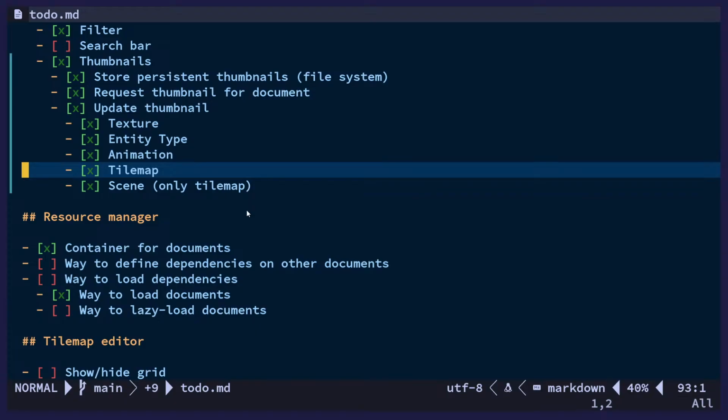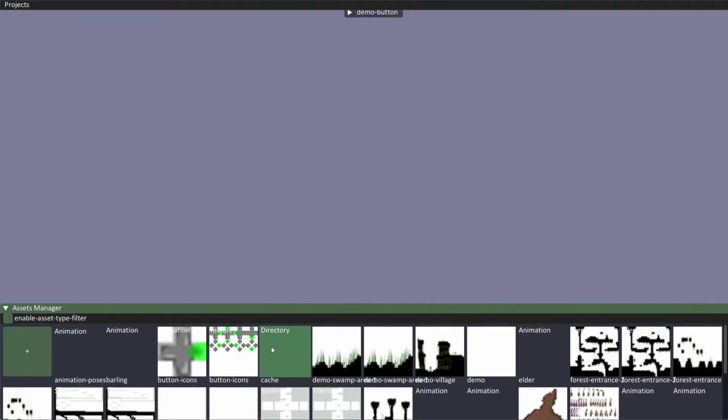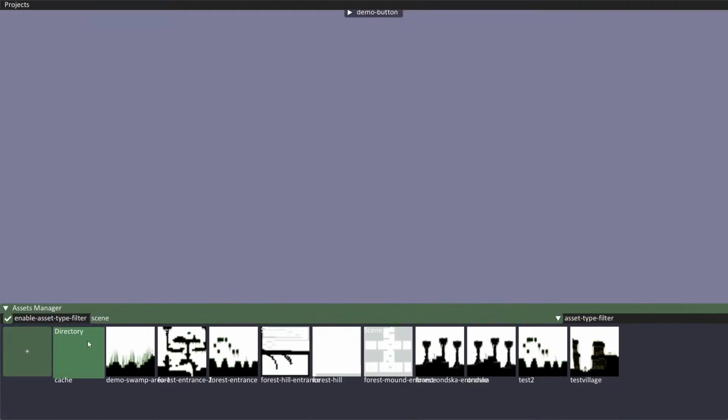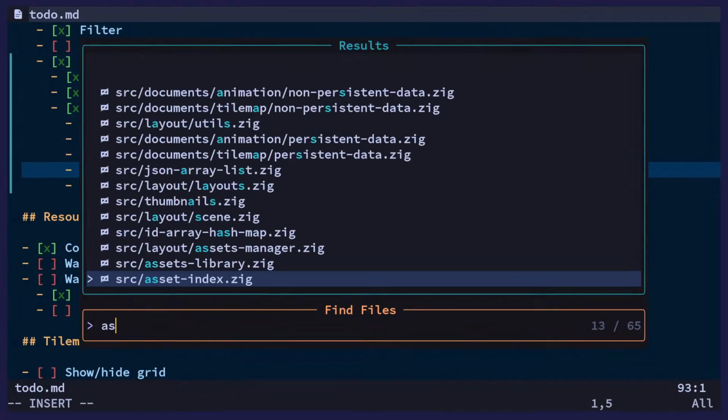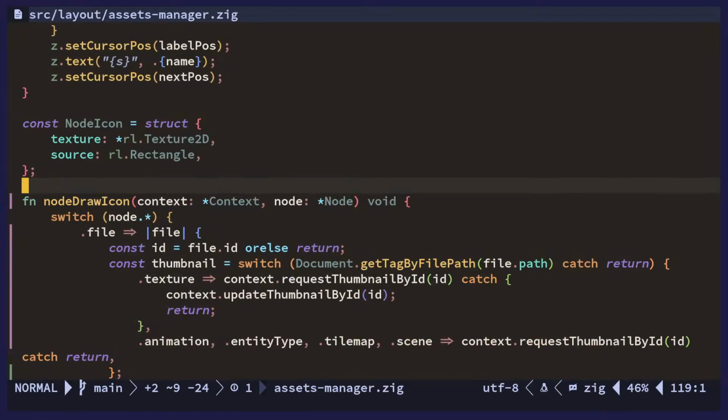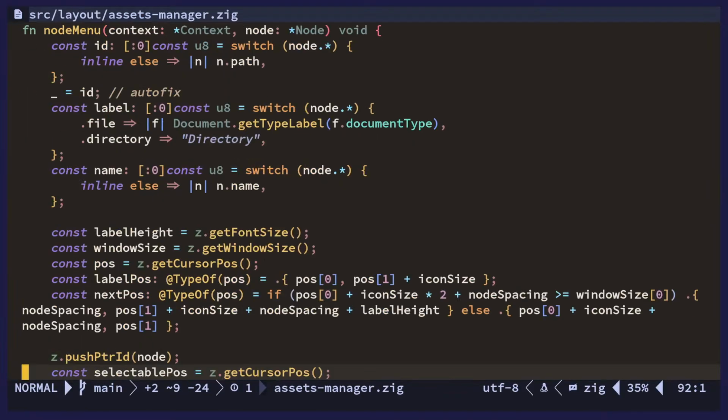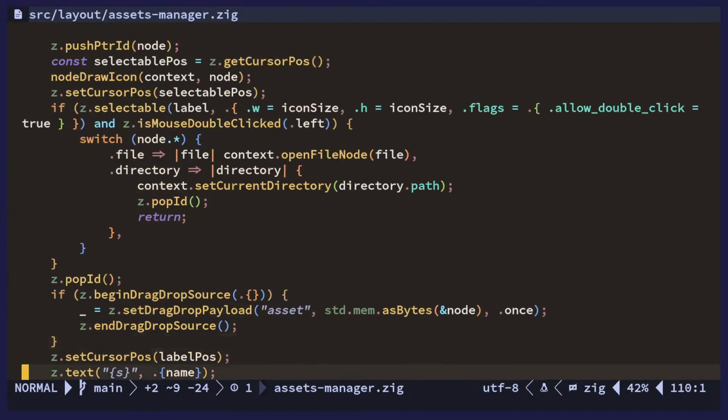I'm just gonna open a show just to explain it. So let's do this so it's easy to see. We have this directory cache. This is a directory that is generated by the editor, and it's not supposed to be visible here. So I want to make it a special case that we actually don't render here. What we could do, a very easy fix, is going into the node menu,